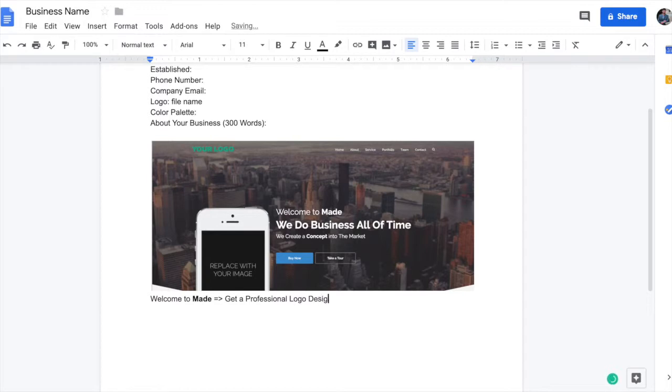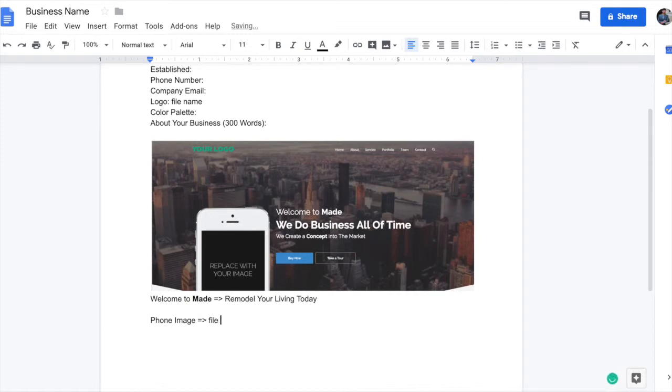logo design, or remodel your living room today, right? You write something that you want people to read, and that'll make them want to read more about your business, and in the end, having them call you and wanting to do business with you or buy from you. Okay. For the images, you'll include the image that's here, for example, phone image, and then you're